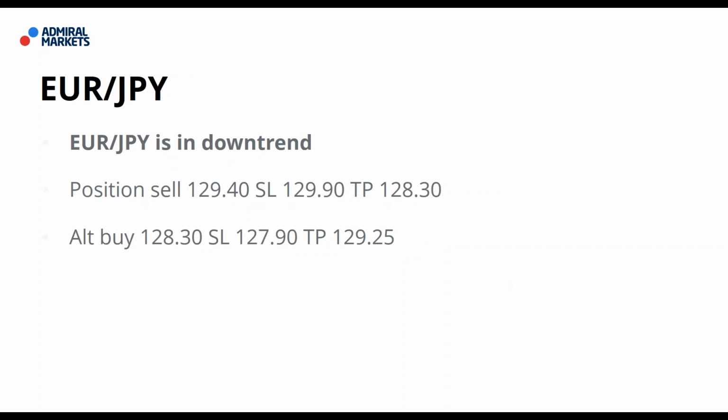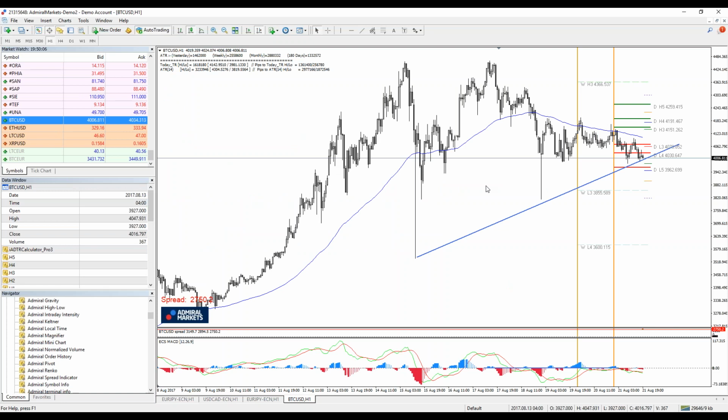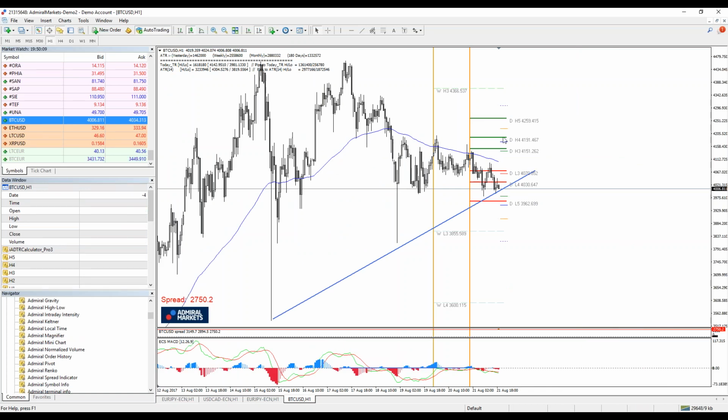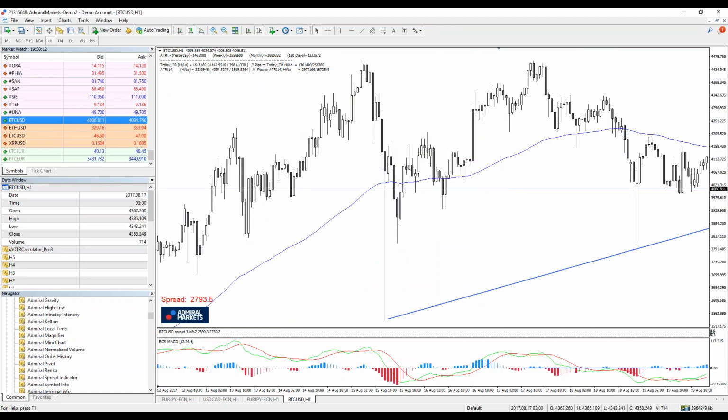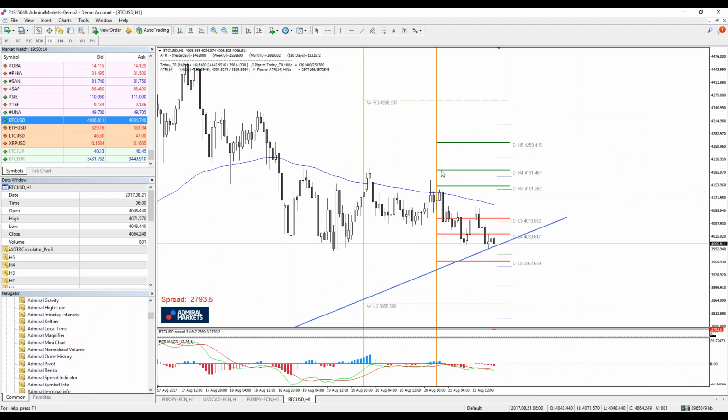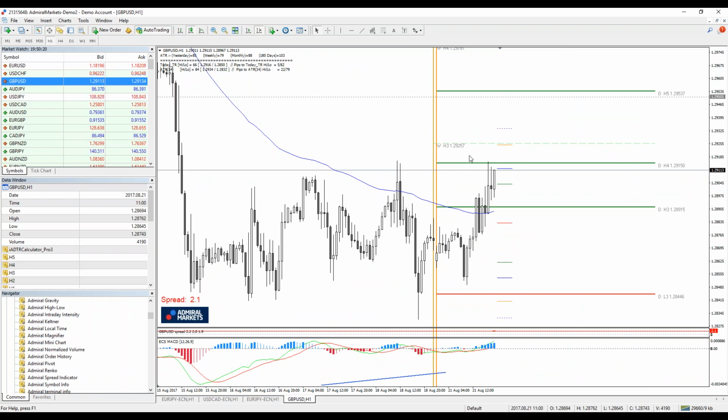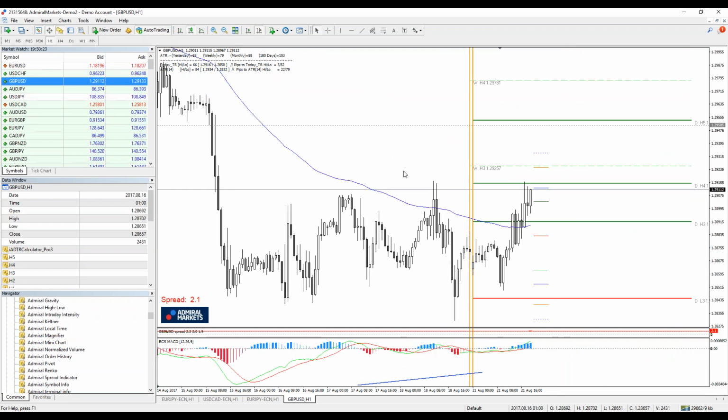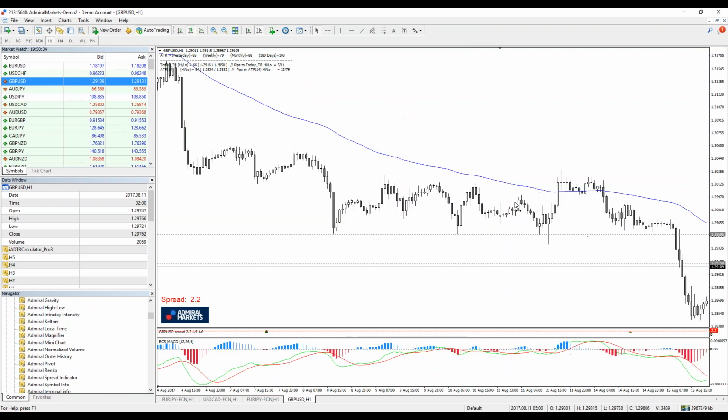euro yen. And the last question is, how do I know that there is a fake pin bar? Guys, this is a classic example of a fake pin bar. Let's say that we will use this one. So you see here, let's say this was the daily level here. If it goes up, then closes below with a big pin bar, bigger than this, it is a fake. So let's say that this is resistance. If it makes a pin bar like this and closes below, usually that's a fake.